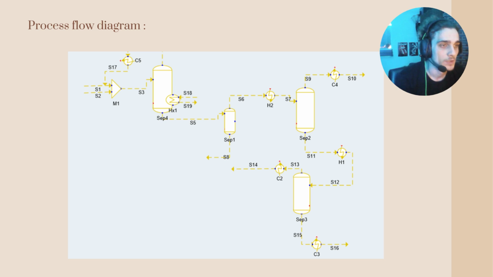So basically we see the flow S1 is acetaldehyde and the flow S2 is O2 or air. They enter the mixer, the mixer mixes the liquid and the gas, and after that it sends it into the first reactor. The reactor is heated by a furnace to 150 degrees Celsius and at 33 bar. After the reaction occurs in the reactor, the rest of the acetaldehyde goes by the top of the column and is cooled by C5, and the rest goes into